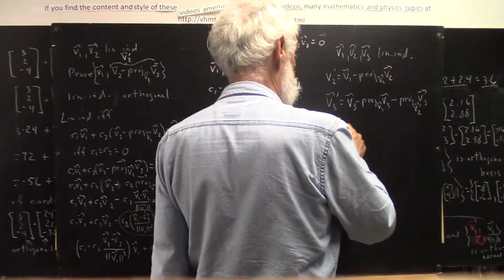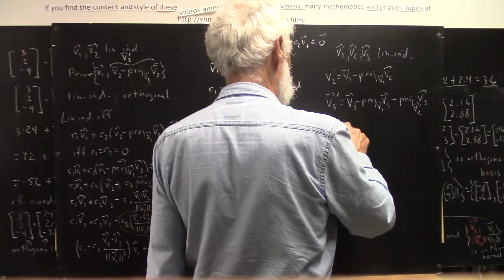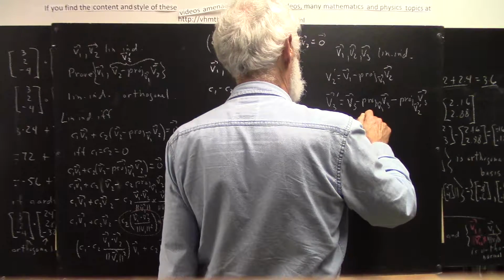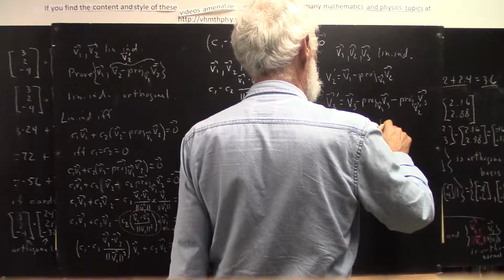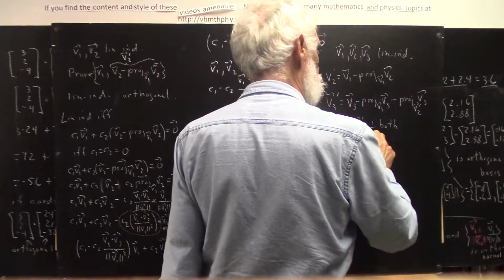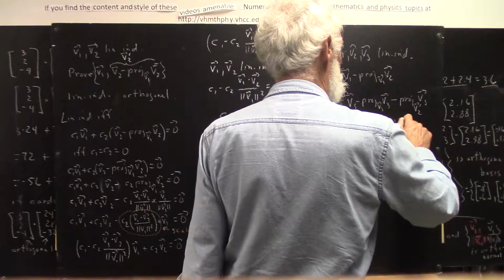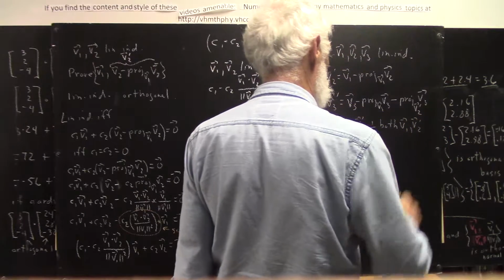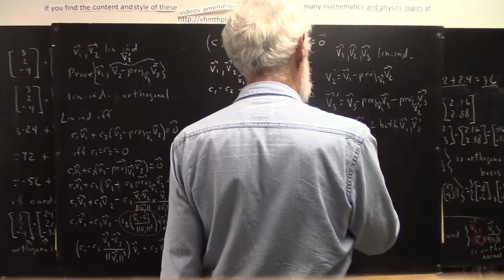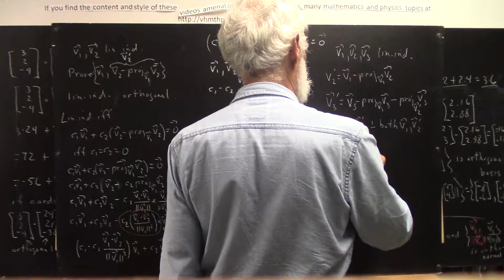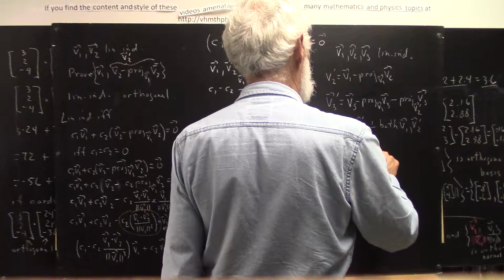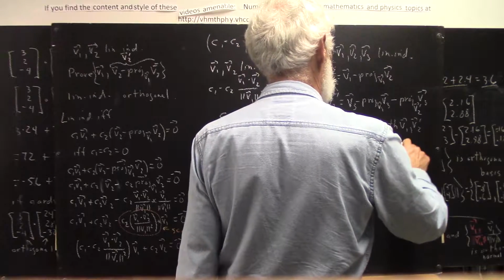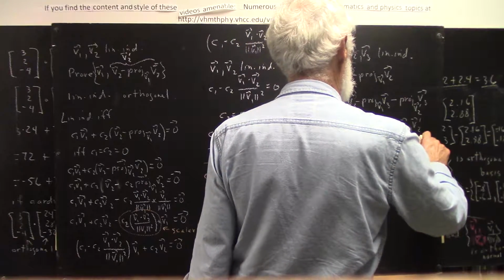And this leaves you orthogonal to both V1 and V2 prime. So the set V1, V2 prime, V3 prime is orthogonal,